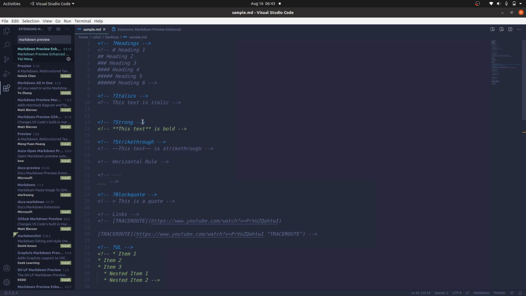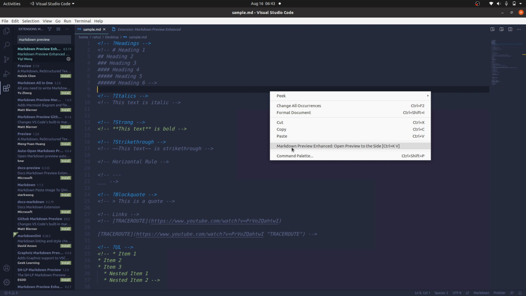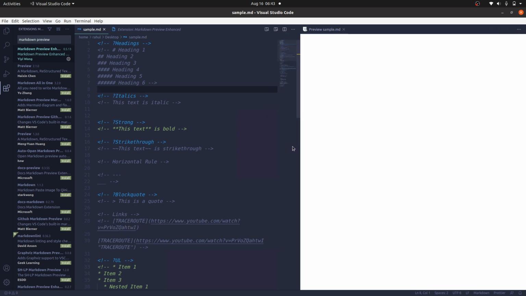I prefer to use VS Code so that I can preview it side by side, but you can try the other option. Now I will show how to write the markdown file. First of all, click the right button of your mouse and enable the markdown preview.